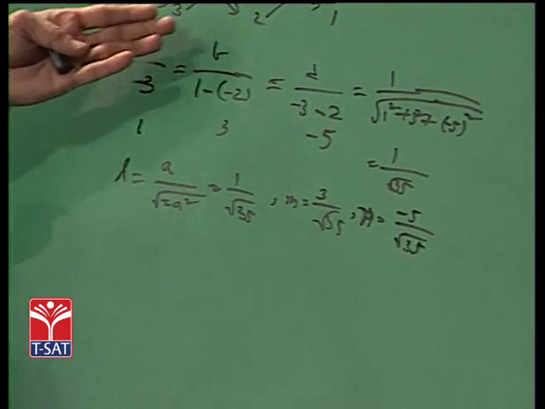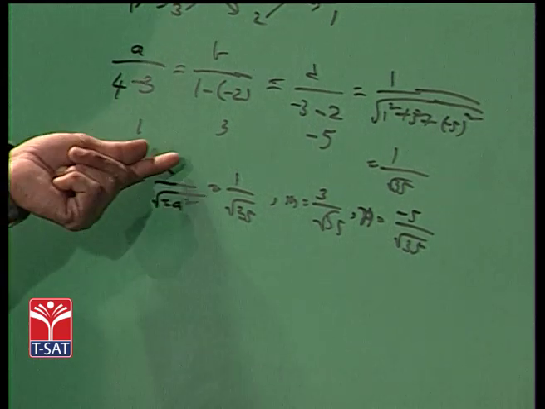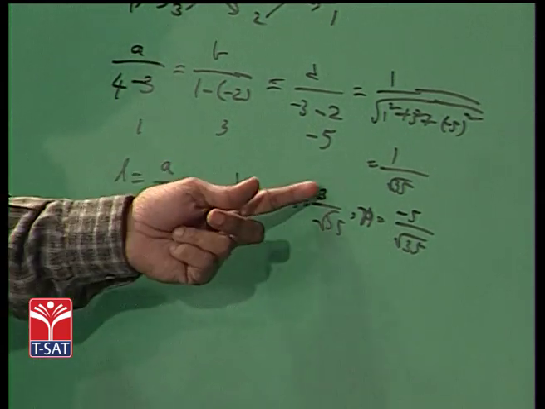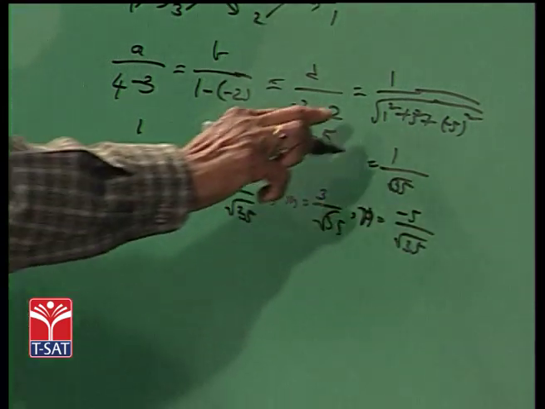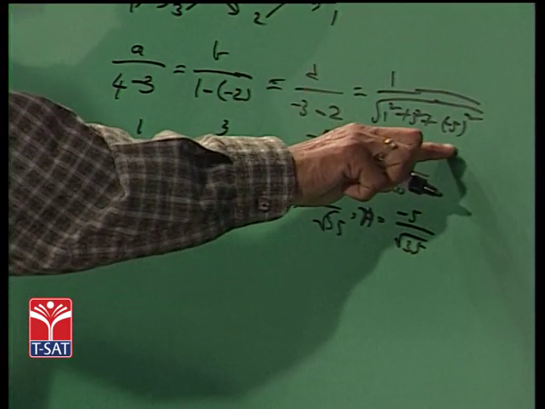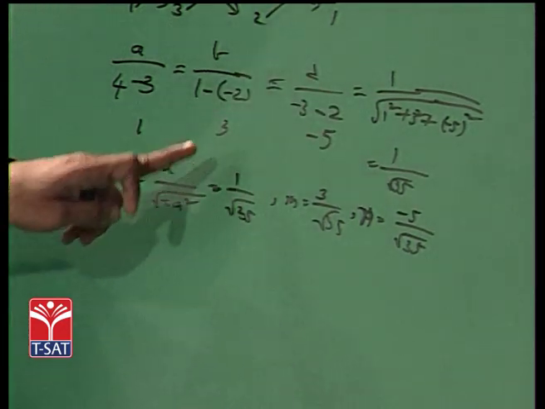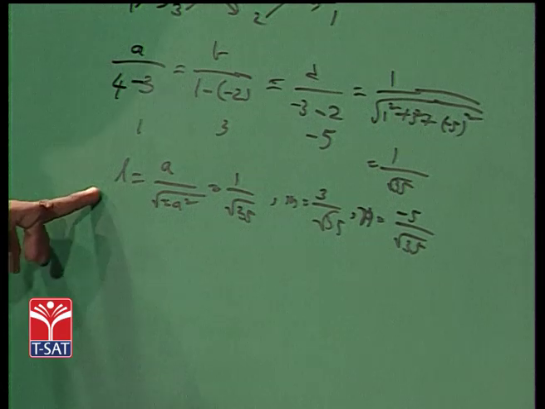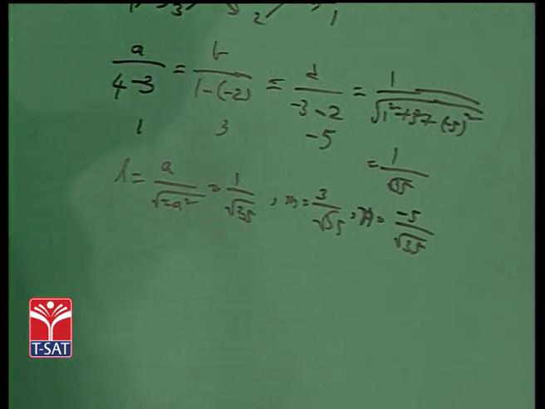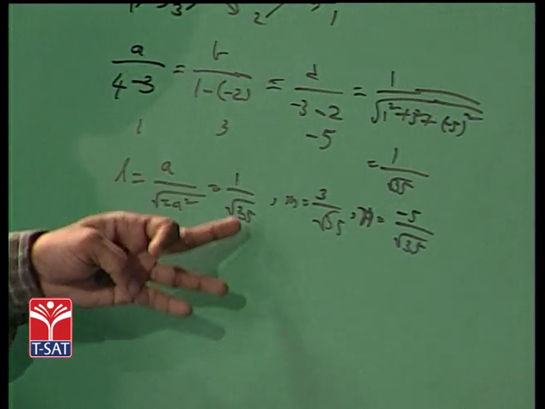Right? If A, B, C are direction ratios, the corresponding direction cosines are A by root sigma A square, B by root sigma B square, C by root sigma C square. Here I have computed 1 by root sigma A square. So, A into this quantity will be giving us the direction cosine. So, the direction cosines of the shortest distance line segment are 1 by root 35, 3 by root 35 and